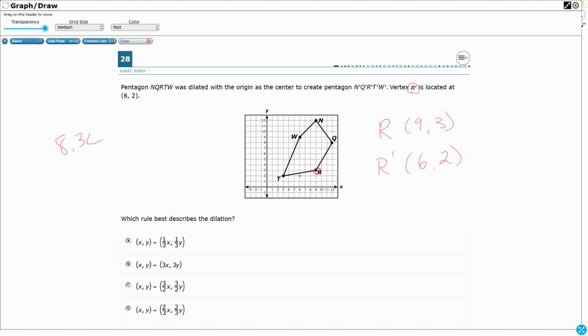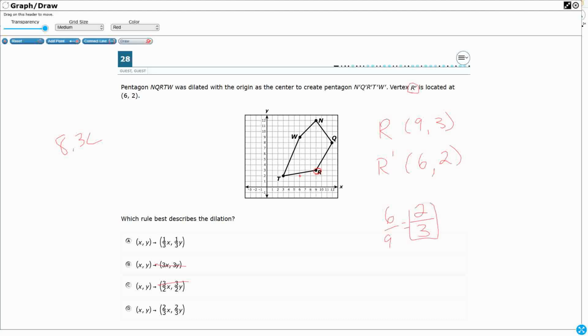How can I find a scale factor that's going to get me down, right? So if I know that I'm getting smaller, I know that that's going to get me larger. Even that is going to get me larger, the 3/2, because that's over 1, right? So what I could do is I can take my new values, right? And I could divide that by my old values. And you see that we're both equal to 6/9 or 2/3, and really that 2/3 is going to get me